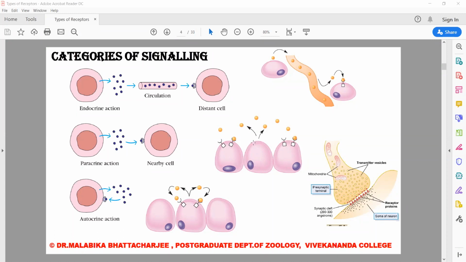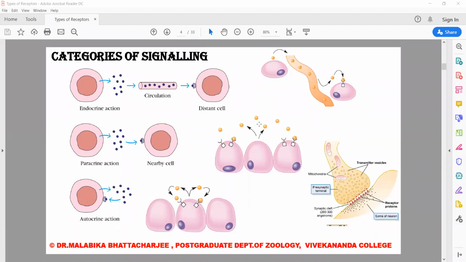This cell is releasing the stimulus and the neighboring cells have upregulated receptors for this stimulus, and the receptors are now binding with the stimulus and these cells are becoming upregulated. Mind it, for a paracrine signaling, the cell which secretes the stimulus is not activated. If it was activated, then it would be autocrine. So the cell which is releasing the stimulus is itself not activated.